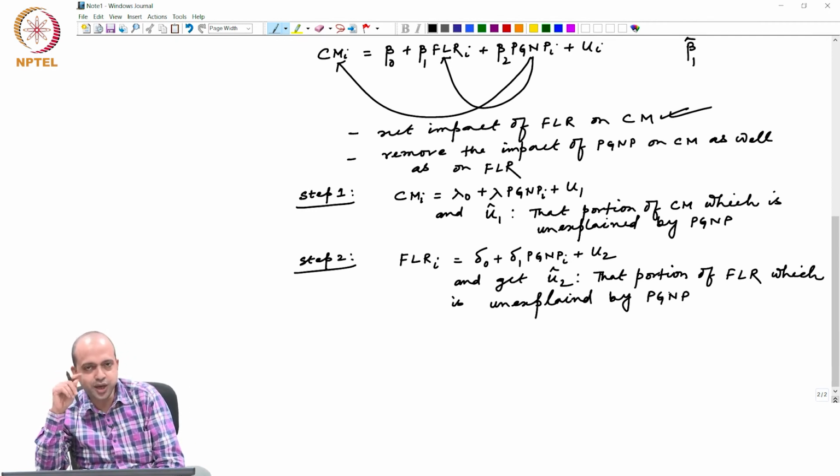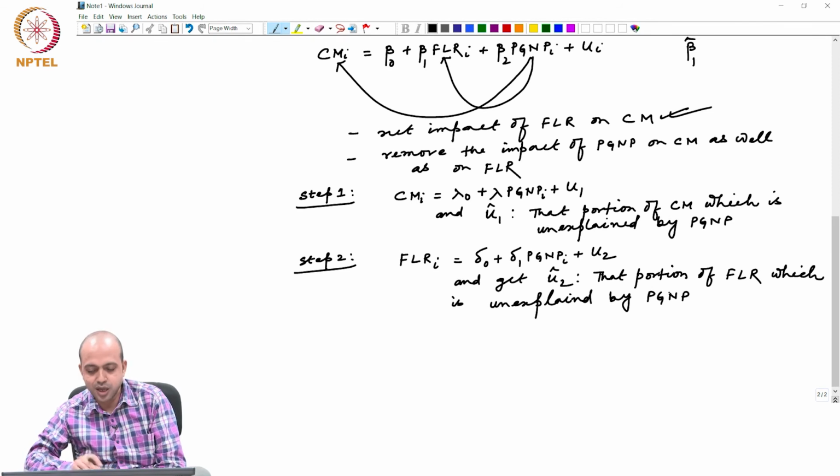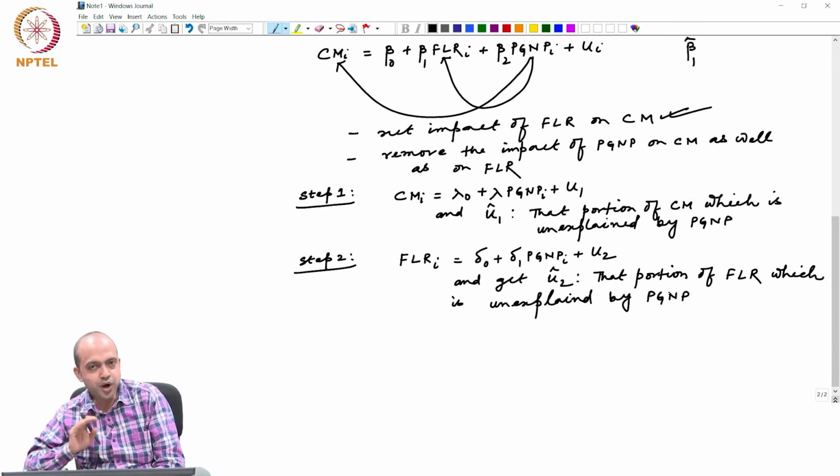So, U2 hat basically captures that portion of FLR which is unexplained by PGNP. So, that means this U1 hat and U2 hat are basically indicating the purified value of CM and FLR respectively. That means U1 hat is free from PGNP, U2 hat is also free from PGNP,